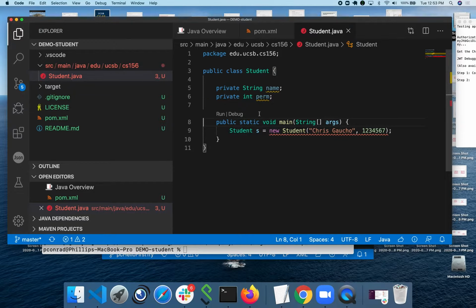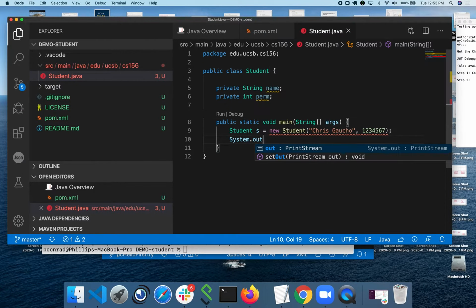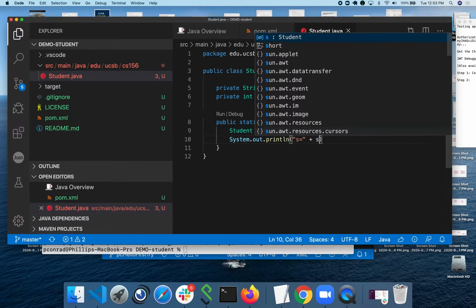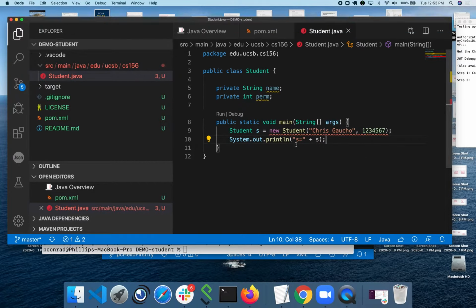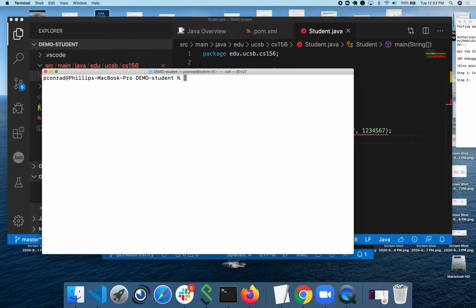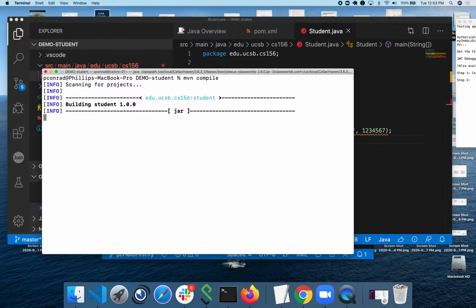Any class in Java can have a main in it, and so I have a public static void main that simply creates a new student with a Student constructor, Student s equals new Student, and I'm passing in a name and a perm. And then I might use a System.out.println and just say "s equals" plus s. It turns out that this will automatically convert s from Student to a String, concatenate it to the "s equals", and I'll get a printout on my screen. But you may be wondering, wait a minute, there's no constructor defined. And sure enough, if I come down here and try to compile this right now, let me clear my screen. If I do Maven compile, it says, oh,